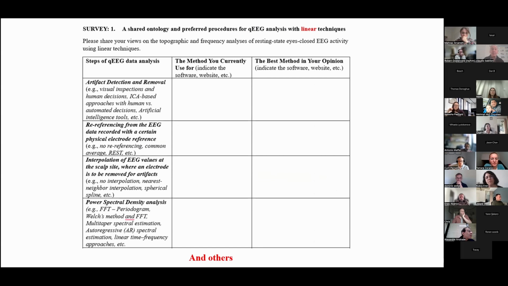Finally, we discussed the possibility to collect information from the EEG community about the preference in the use of EEG techniques and platforms in the different steps of resting state EEG analysis. And so we discussed with the board of the COST Action EEG101 a survey to be proposed to the EEG community from the COST Action, but also the Global Brain Consortium, or EEGManyLabs, and other communities. This survey is to know the preference, what tools people use, the most popular for the different steps of the analysis. And so ideally, we will launch this survey